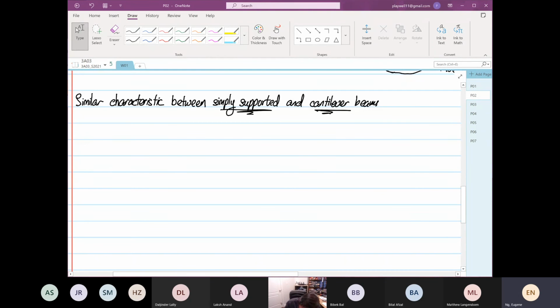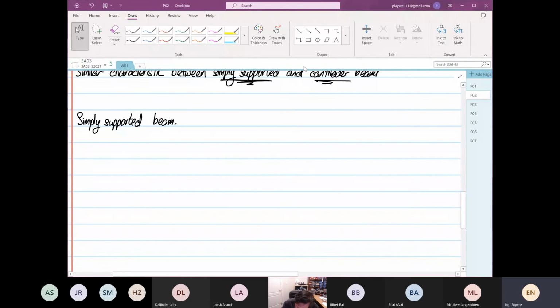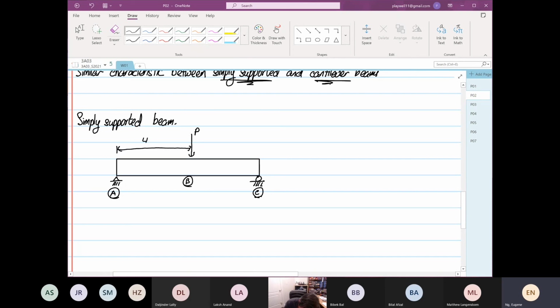So if we look at a simply supported beam, like what we had before, this is our point A, this is our point B, and this is point C. We have a load coming down here, which is P. The distance from here to here is L/2. Now, this is equivalent